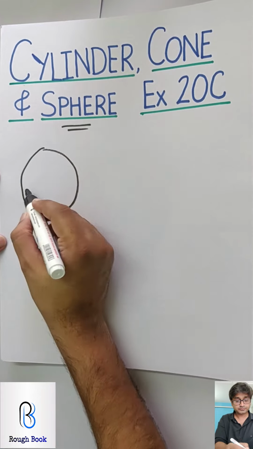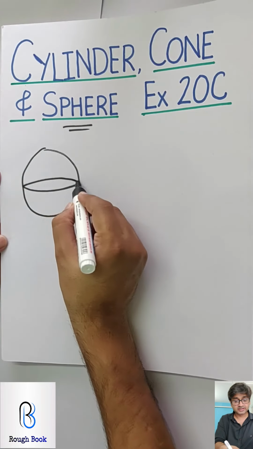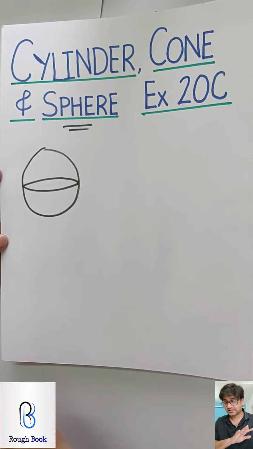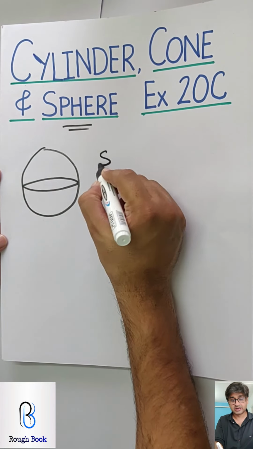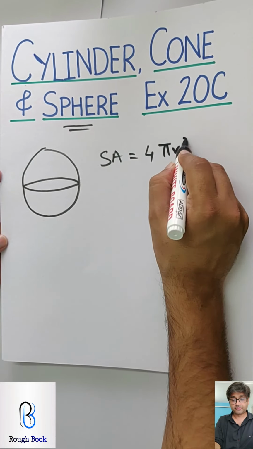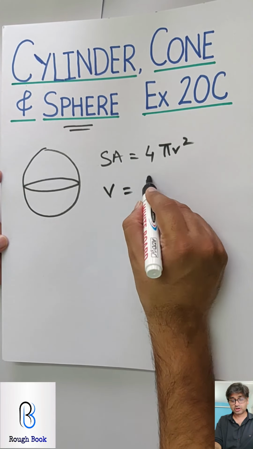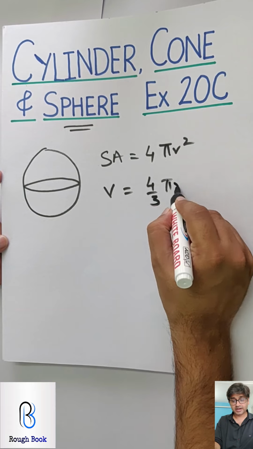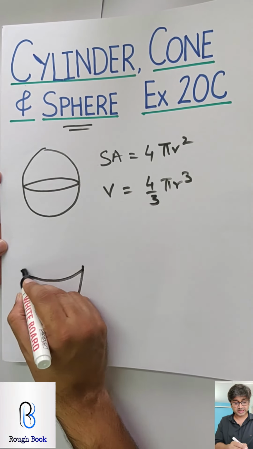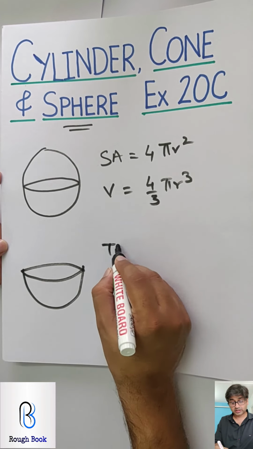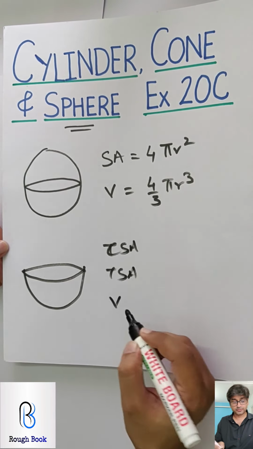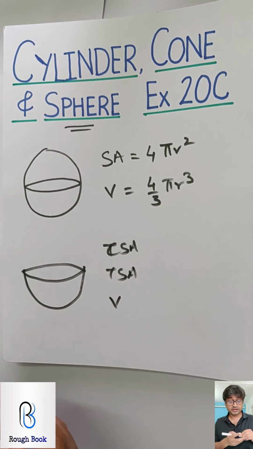So, sphere, that's like just your cricket ball. A sphere just has a surface area, it doesn't have a curved or total surface area, which is equal to 4 times the area of a circle, therefore 4 pi r square, and the volume is 4 upon 3 pi r cube. Likewise, a hemisphere, half the sphere just like a bowl, has total surface area, curved surface area, as well as volume. All the three parts are available in this.